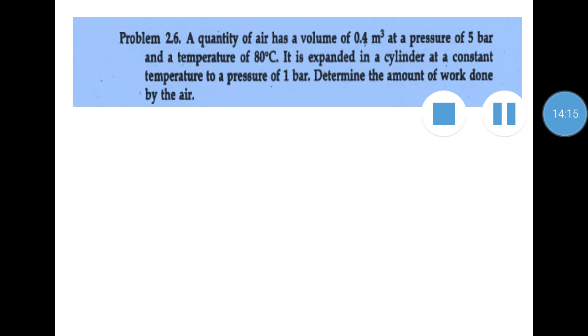We don't know V2. Here we have to find out the amount of work done by the air. So the amount of work done by the air we have to find out here. So, given data,